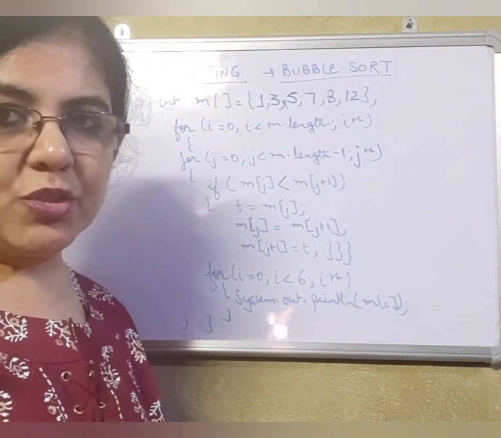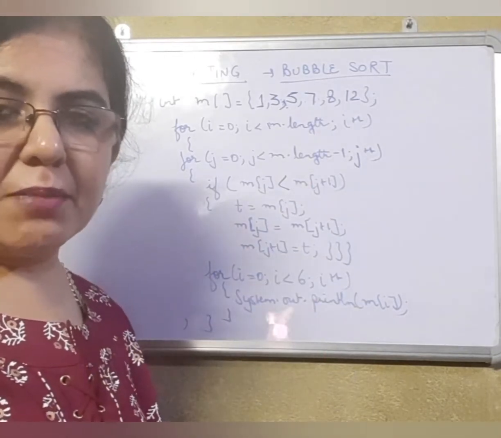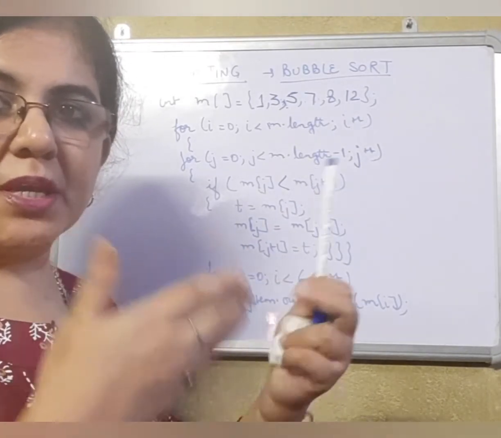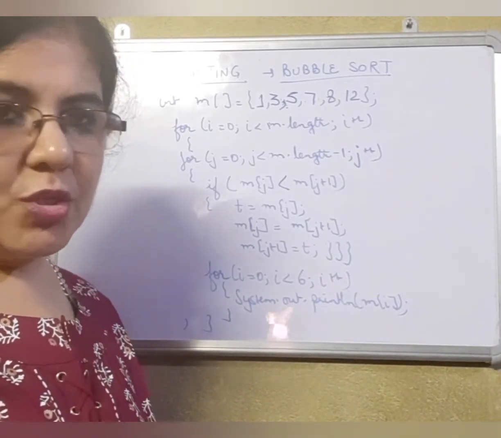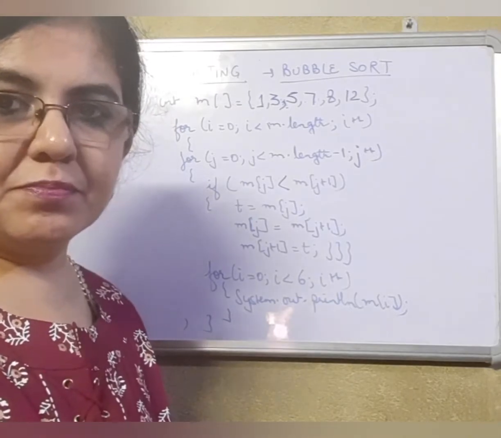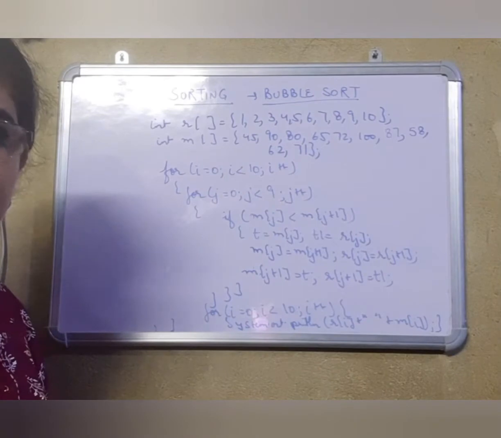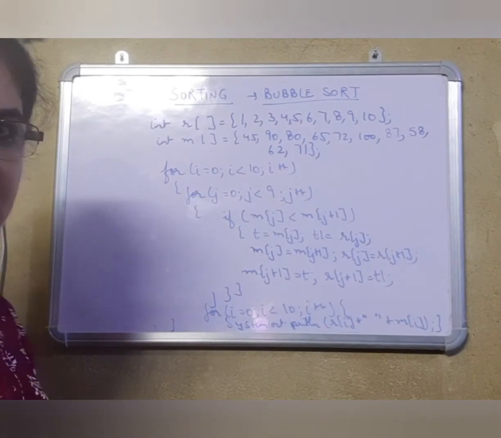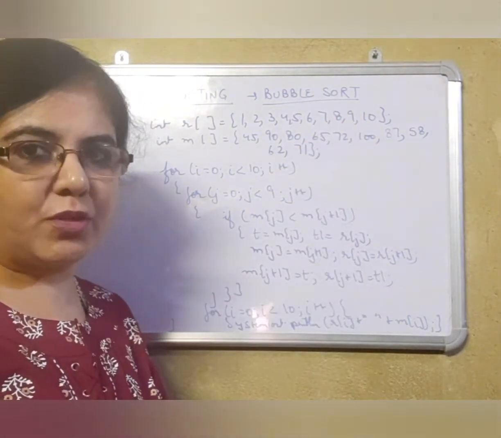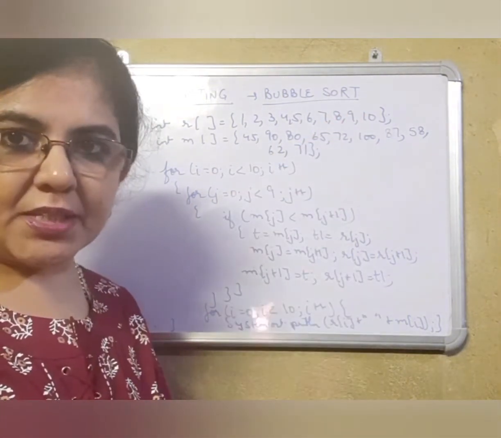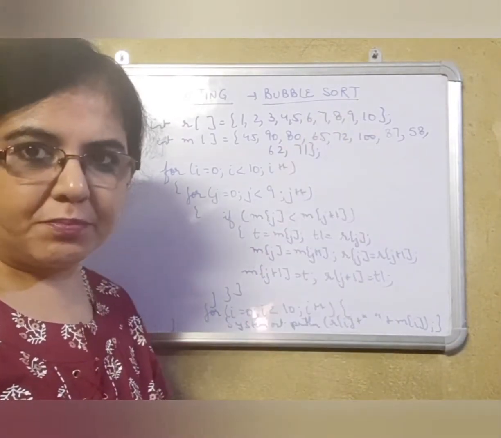Suppose we get a question that we have got roll numbers in one array and their marks in another array, and you have to make a merit list of the students in descending order of the marks. So let's see that program also. Now let's look at this, in which we have got one array of roll numbers and one array of marks. And our question is to arrange the roll numbers in descending order of the marks. That means a merit list has to be created. The student who has got 100 marks has to be kept at the top.